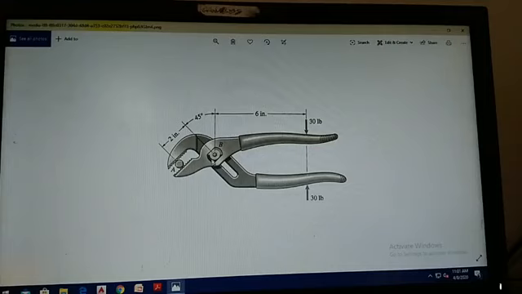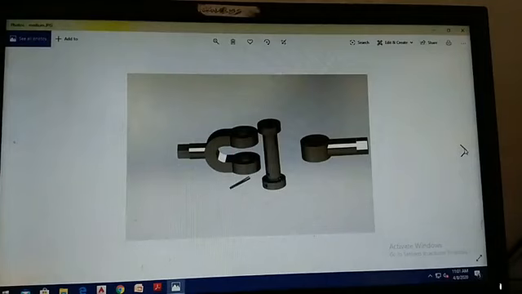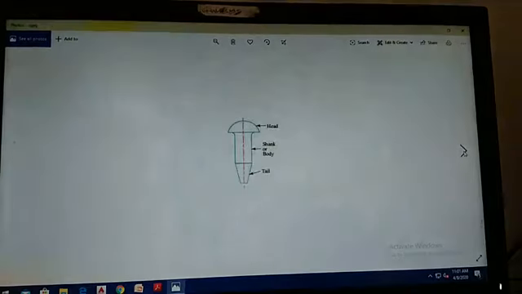And see again, this is the pin connection. Again, pin connection, where it allows rotation.